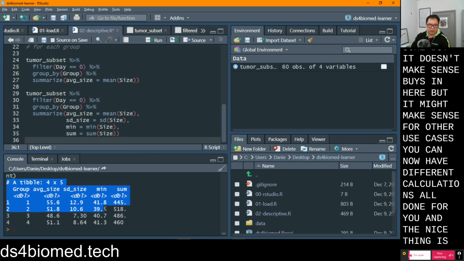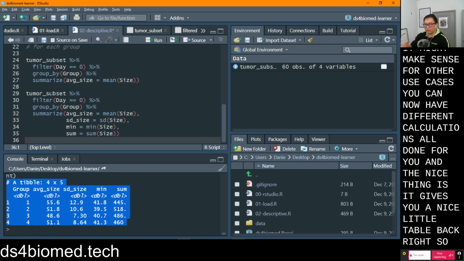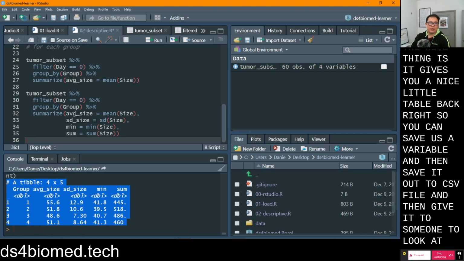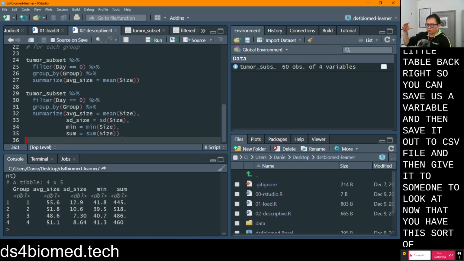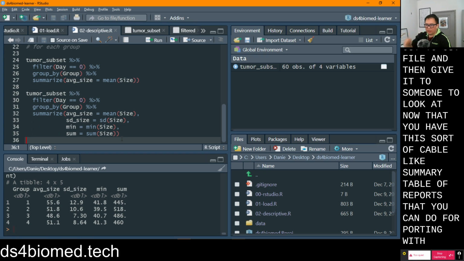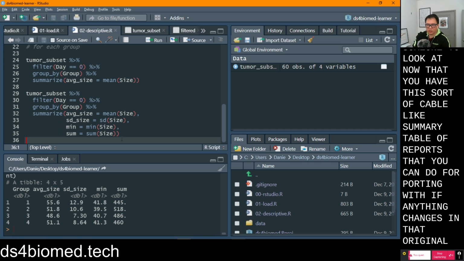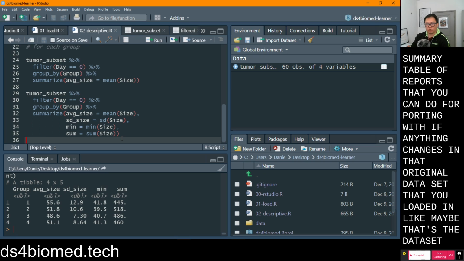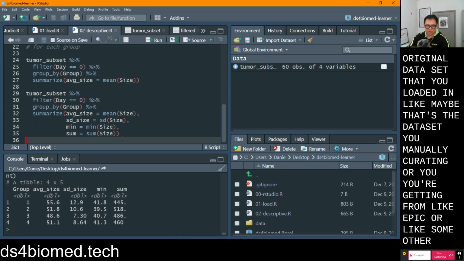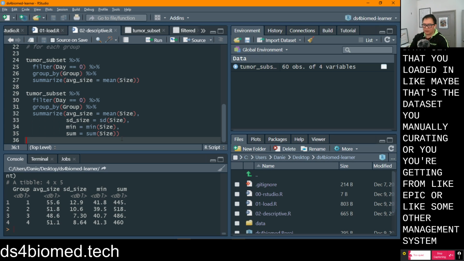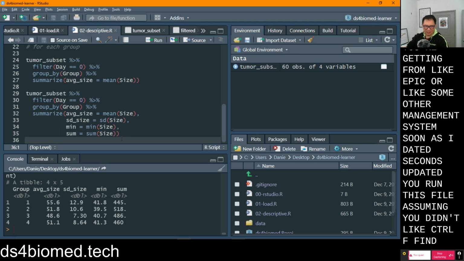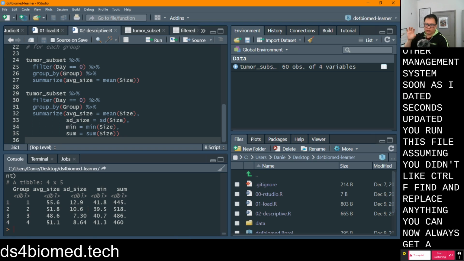And the nice thing is it gives you a nice little table back, right? So you can save this to a variable and then save it out to a CSV file and then give it to someone to look at. Now that you have this sort of summary table that you can do reporting with, if anything changes in that original data set that you loaded in, like maybe that's the data set you're manually curating or you're getting from Epic or some other management system, as soon as that data set gets updated, you run this file, assuming you didn't Control F, find and replace anything. You can now always get an accurate summary of all of this